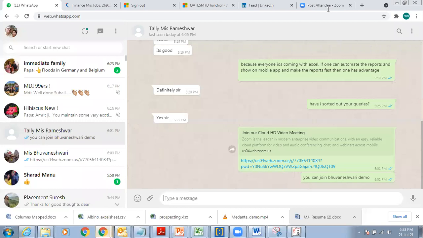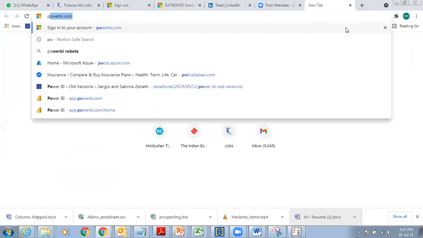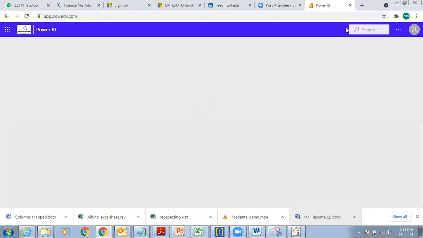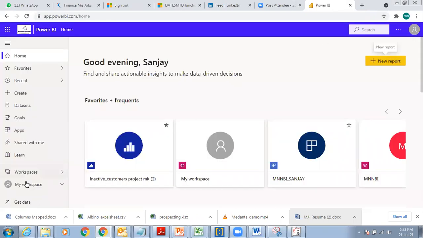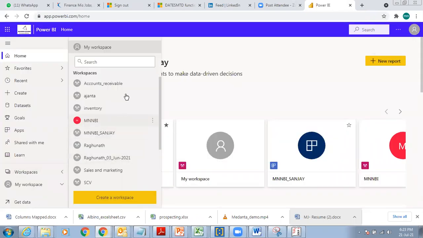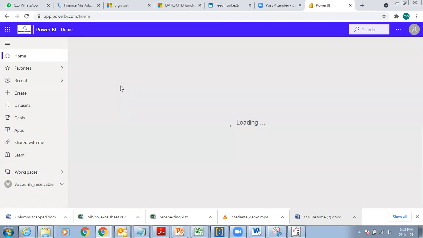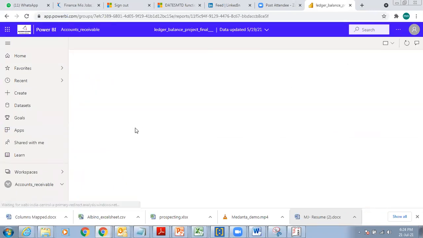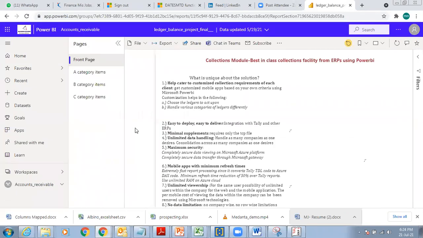Now what I do here is I go to powerbi.com, which you have made. I'm going to that report which you have made. I go down to workspaces. I go down to account receivable. I pick this up. I click this.